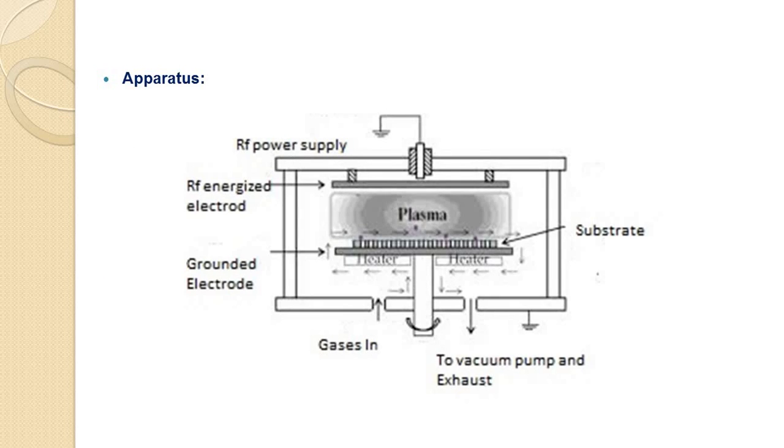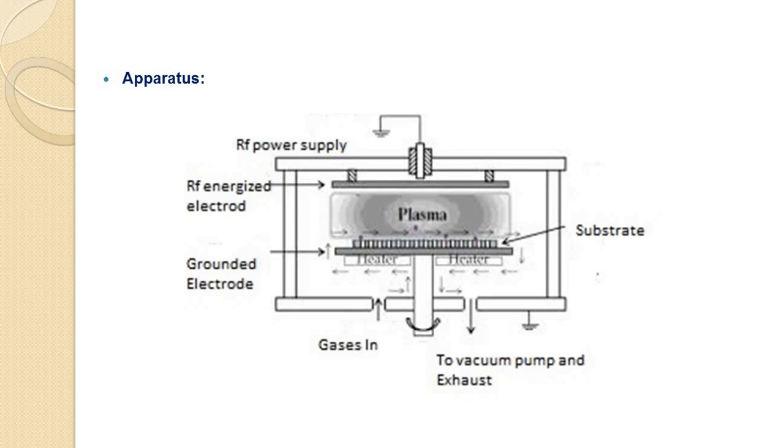Discharges for processes: a plasma is any gas in which a significant percentage of the atoms or molecules are ionized. Fractional ionization in plasmas used for deposition and related material processing varies from about 10 raised to -4 in typical capacitive discharges to as high as 5 to 10% in high density inductive plasmas. Processing plasmas are typically operated at pressures of a few millitorr to a few torr, although arc discharges and inductive plasmas can be ignited at atmospheric pressure.